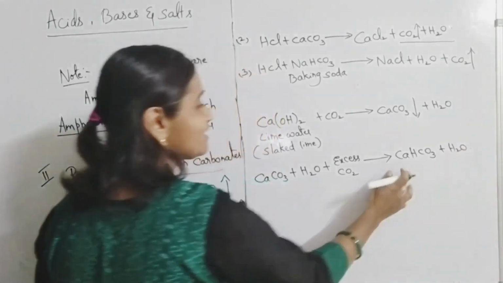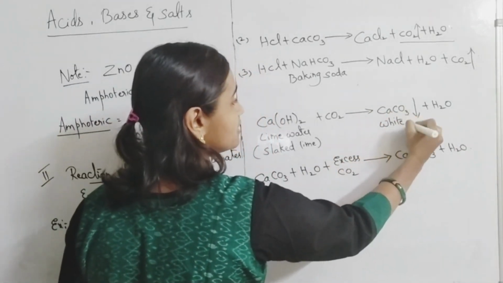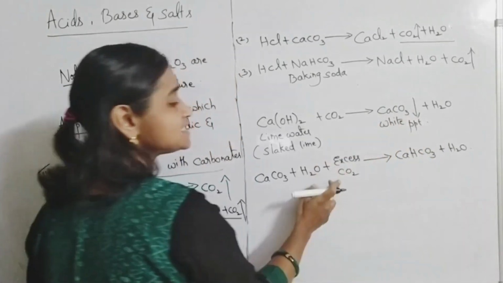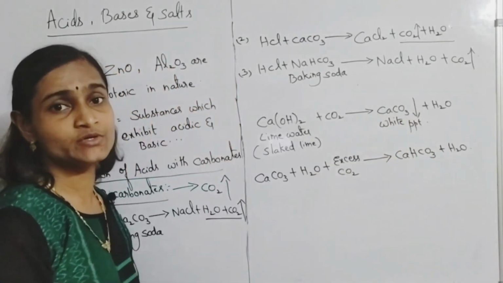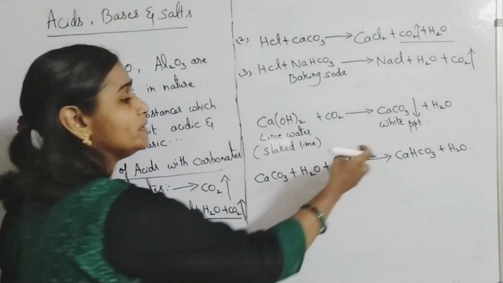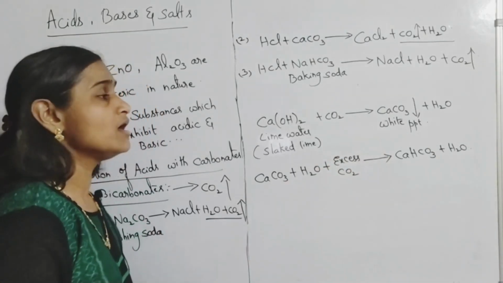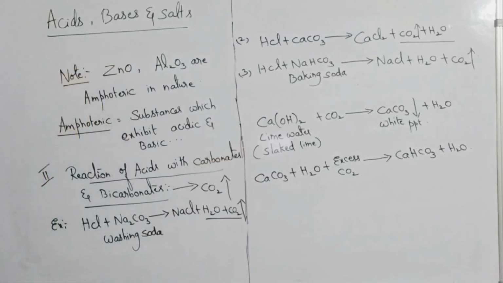Again, you get back a clear solution. Here, what did you get? A white precipitate. Whereas when excess CO2 is passed through that solution, the white precipitate dissolves and you get a clear solution of calcium bicarbonate. Like this, you test whether the gas liberated is carbon dioxide or not. So like this, you have the reactivity of acids with